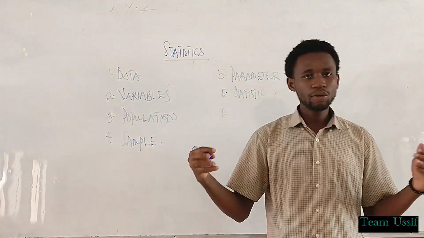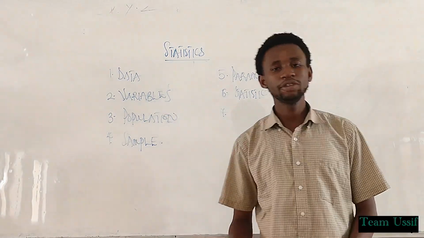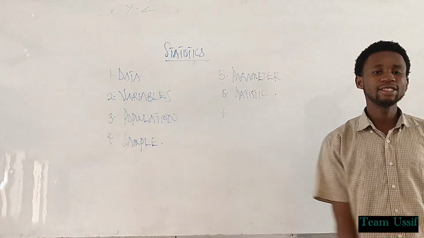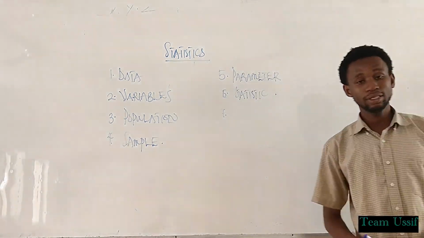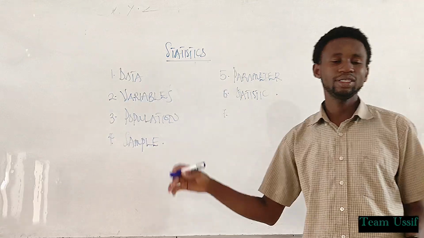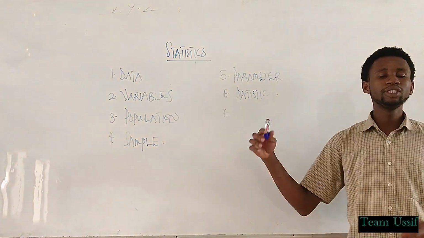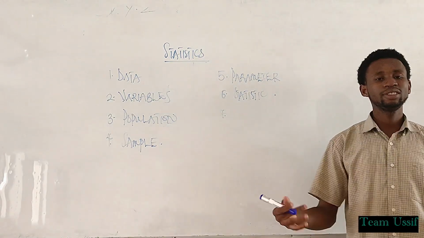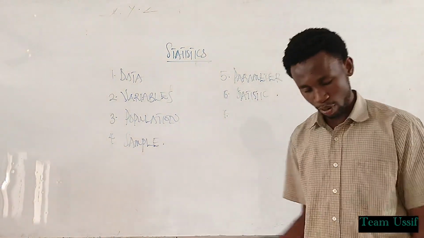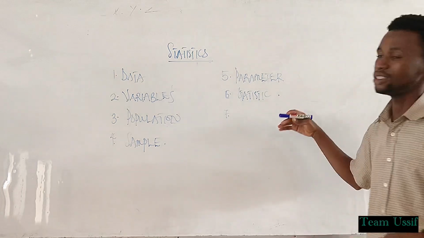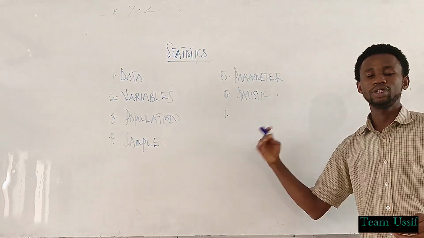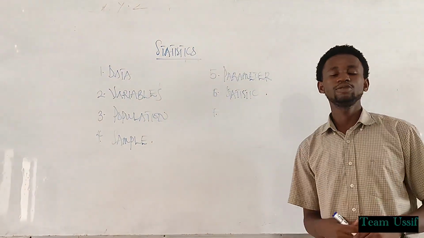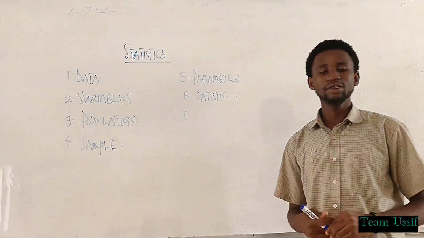Basically, when we say population, those that do geography will say that it is the total number of people living in a geographical area over a specific period of time. You understand? But population in statistics is not that, although the population in geography falls under the population in statistics. Population in statistics talks about all the entities that you are going to study. For example, if you are going to do research on UDS, all UDS students is the population.